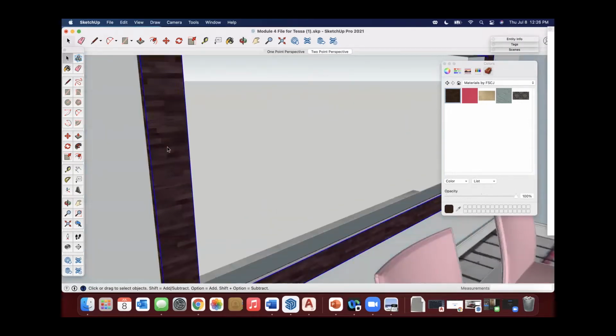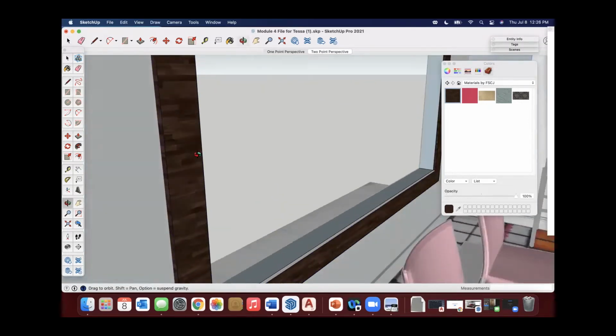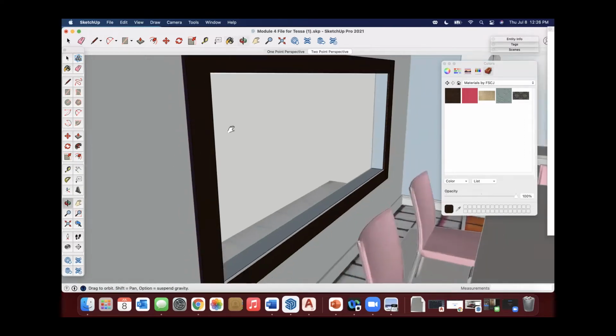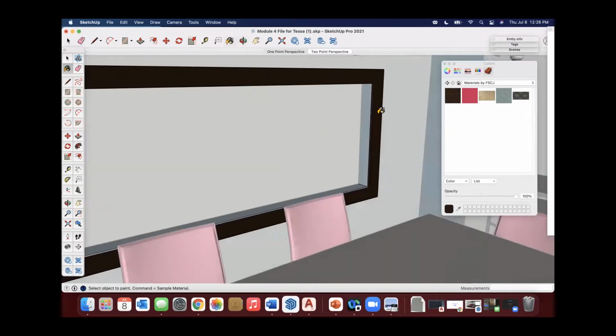What's kind of nice is we know this is our material. I can select this little dropper that's here, hover over that and just get the color that I want. And now I can paint that, and it gives me the coloring of the wood and all that.